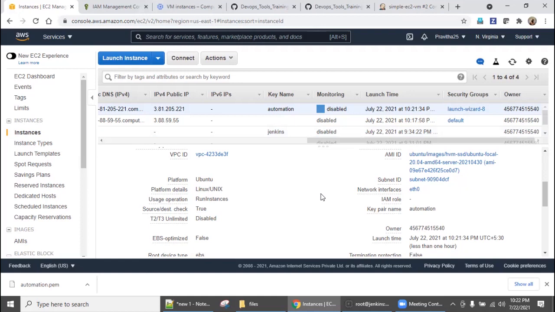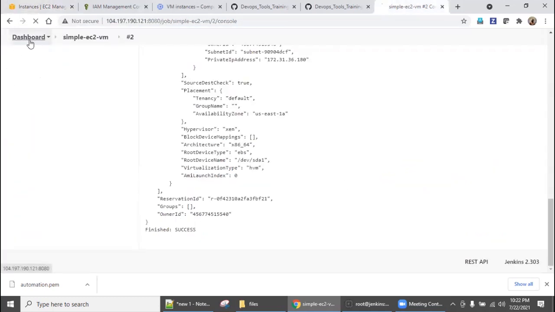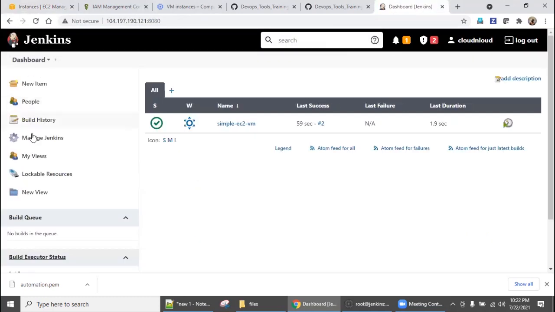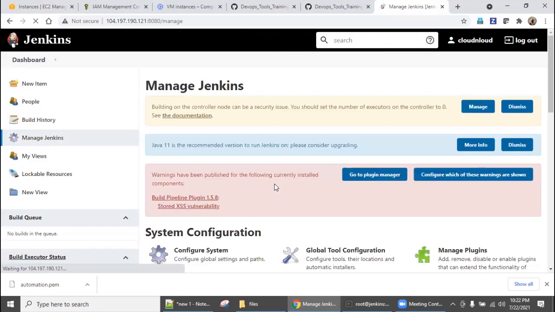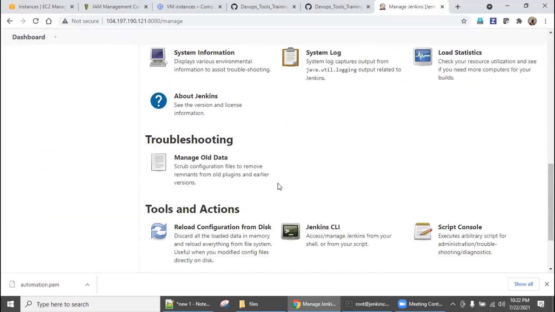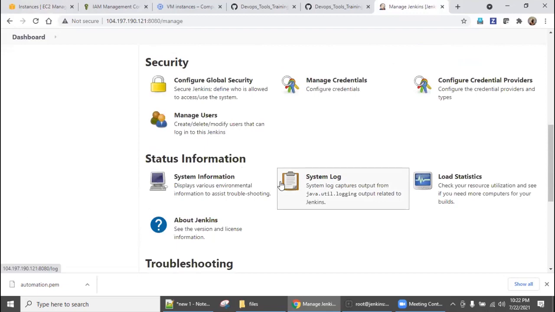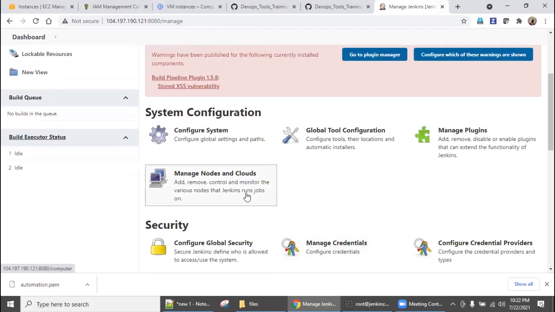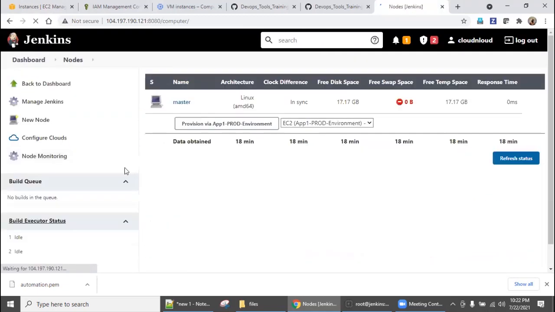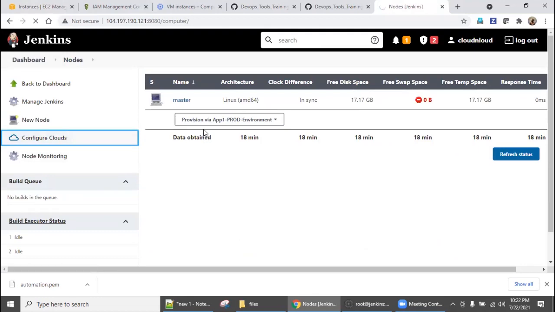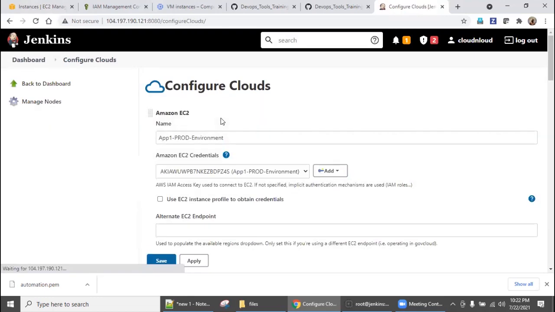But at the end of the day, you can have more control. Even I will show you the other options. Go to dashboard, go to Manage Jenkins. So go to Manage, Configure Clouds. And we have configured, right?